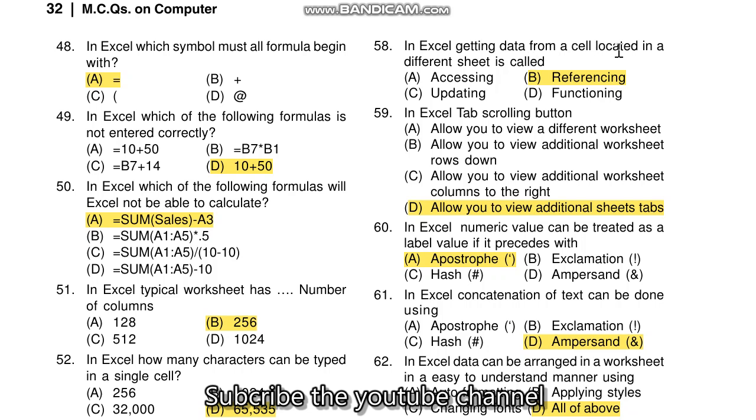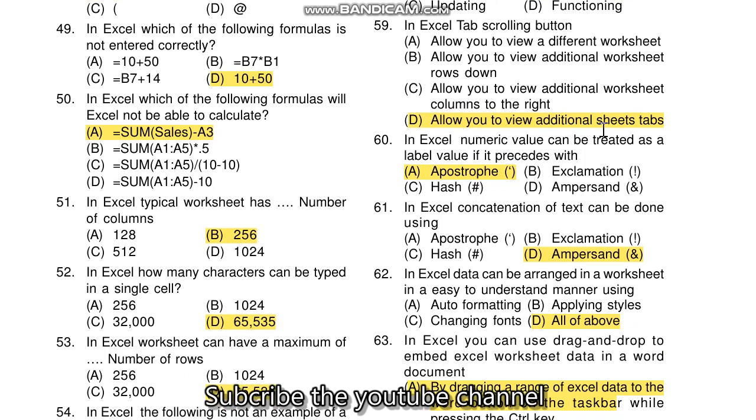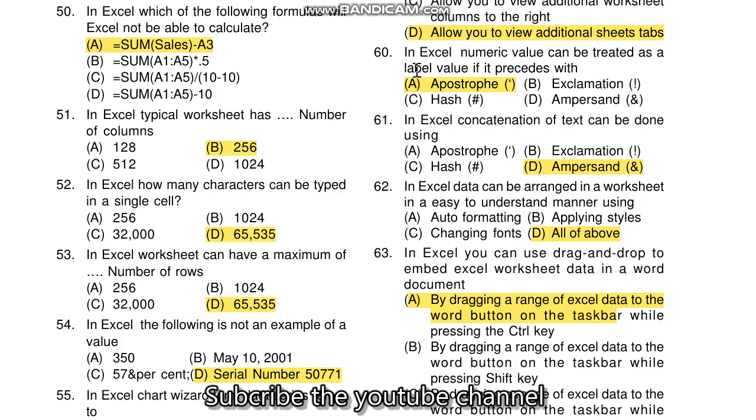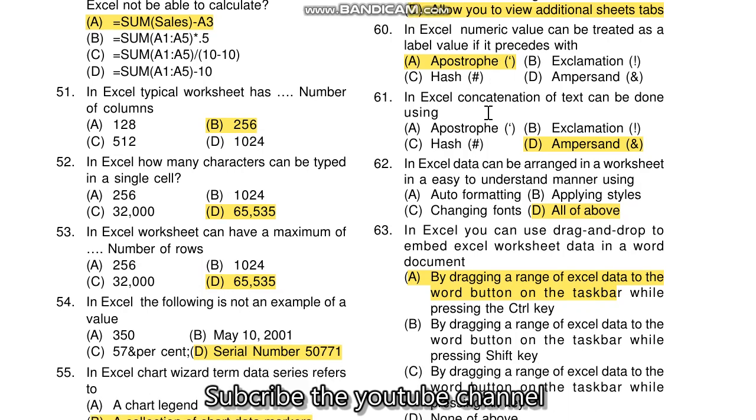data from a cell located in a different sheet is called referencing कहलाता है। 59 question Excel tabs scrolling button correct answer D allow the you to view the additional sheet tabs कहलाता है। 60 question in Excel numeric value can be treated as the label value if it proceed with apostrophe कहलाता है। 61 question Excel